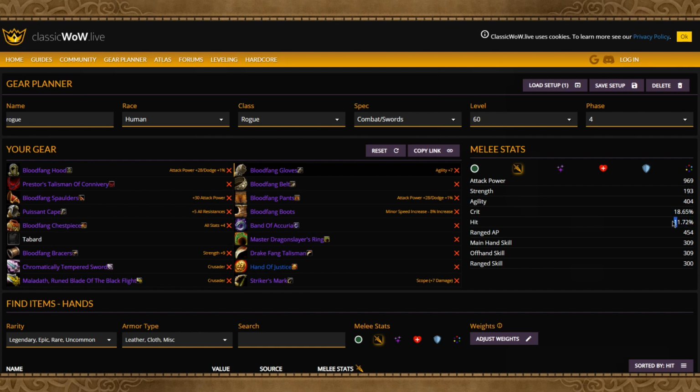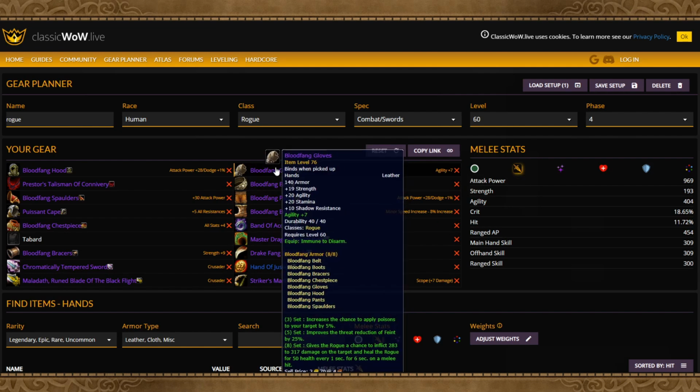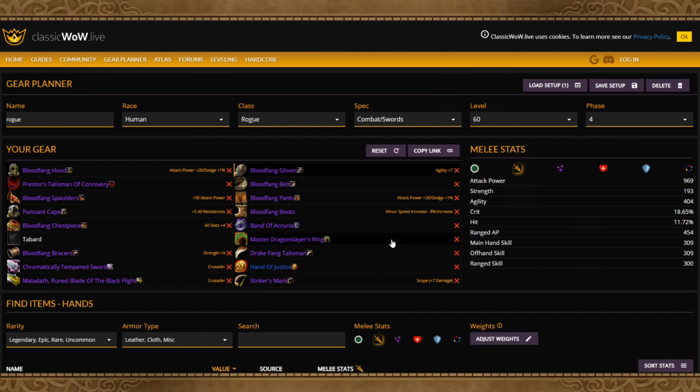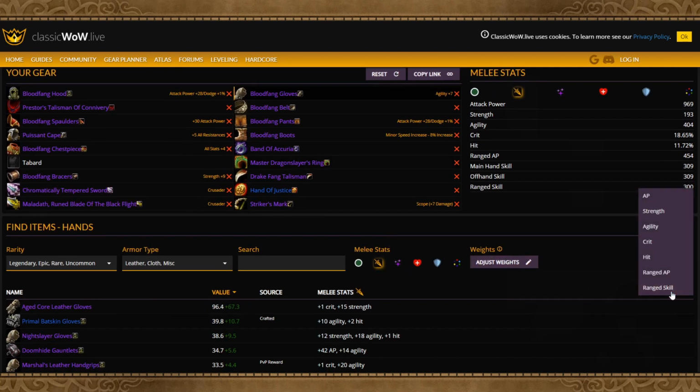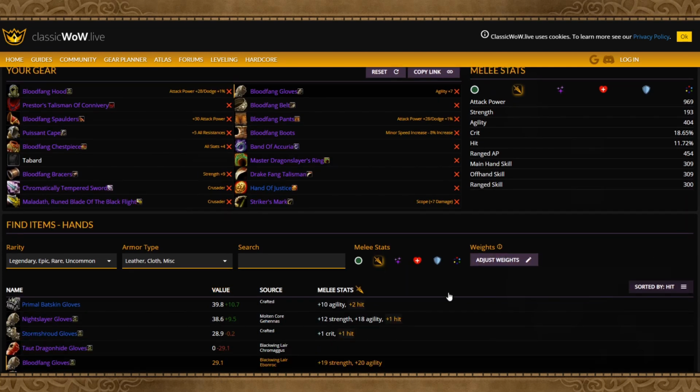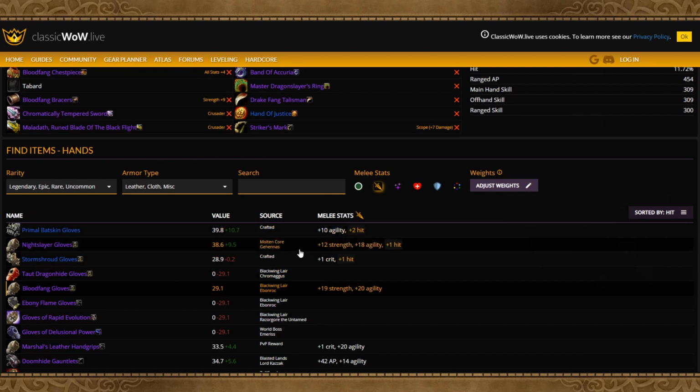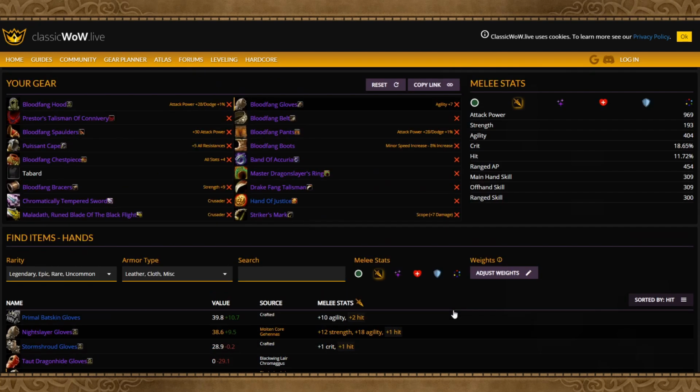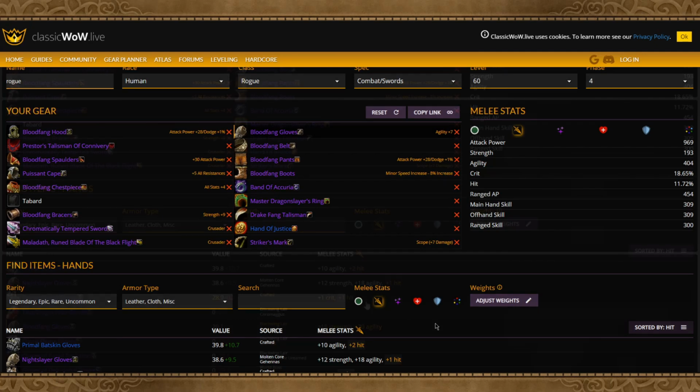When building a set, it's important to be as close to hit cap as possible. First, make sure you have the melee stat tab selected so you can see the hit column. Click on the slot that you want to see items and then click on the hit column to sort by hit. You can now see, for instance, all of the gloves that add hit. From here you can compare the values of the gloves to try to get the ones with the highest value